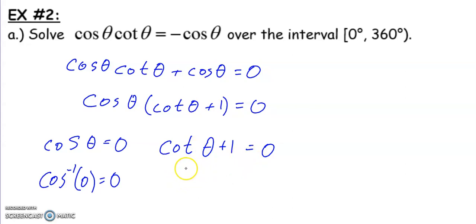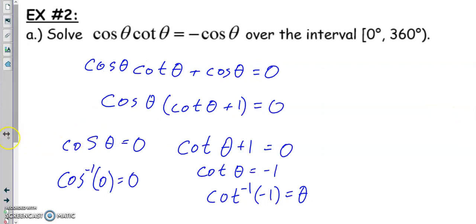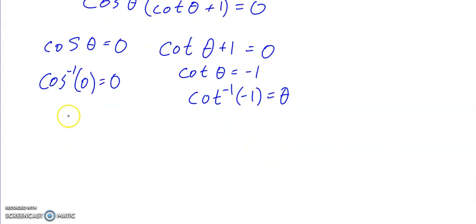Subtract 1 from both sides. So here we're going to get cotangent theta equals -1. So the inverse, or arc cotangent, of -1 is theta. So when we are solving these, we're going to solve them both for cosine and tangent. So when we're looking at the cosine function,